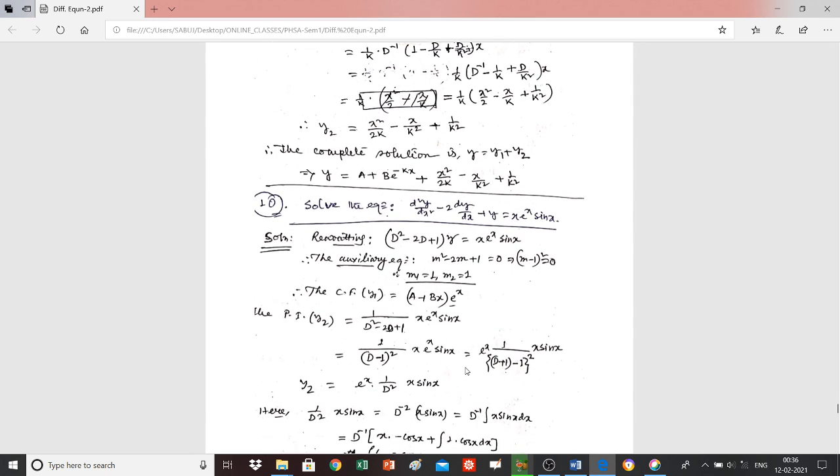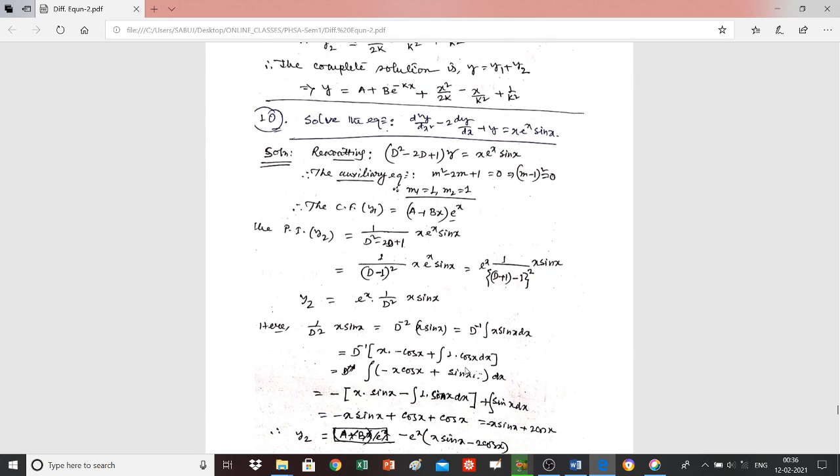And another one is here. See this problem. This is d2 by dx square minus 2 dy by dx plus y is equal to x e to the power x sine x. See, the right hand side has three terms, x, e to the power x and sine x. So it is a different kind of problem. And to solve this,